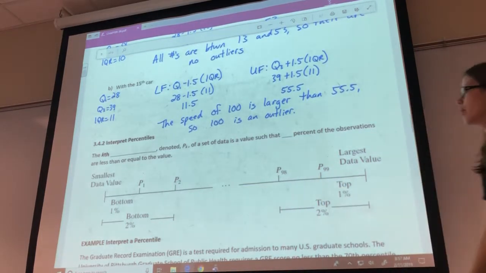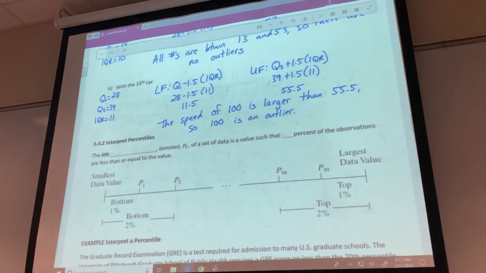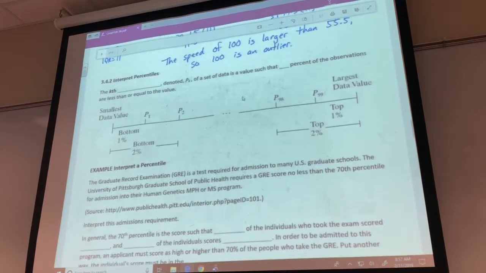Okay, so the last thing we're going to talk about in this section is the percentile. Like I said, we're not going to have to actually calculate any of these things. Previous books that I used did have you calculate it, but it's just much easier to interpret it because you're hardly ever going to actually calculate a percentile, but you do have to know what it means. So for this one, we'll say it's the K percentile, and they call it P sub K